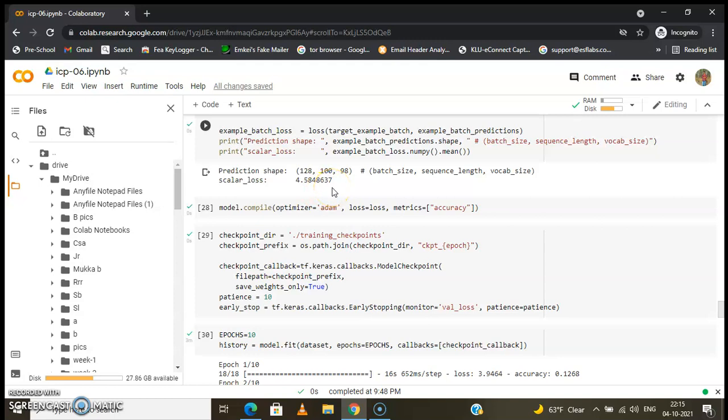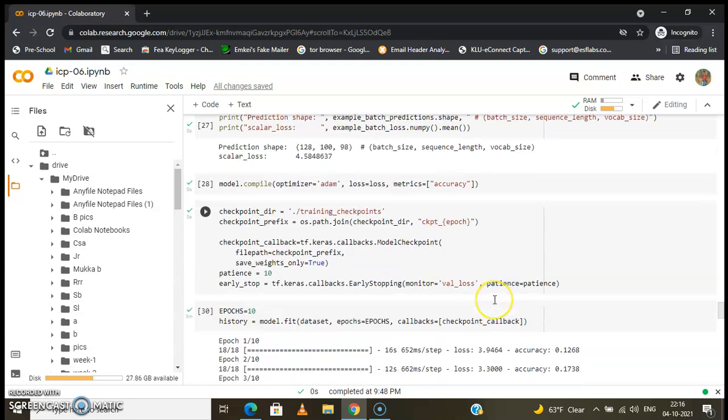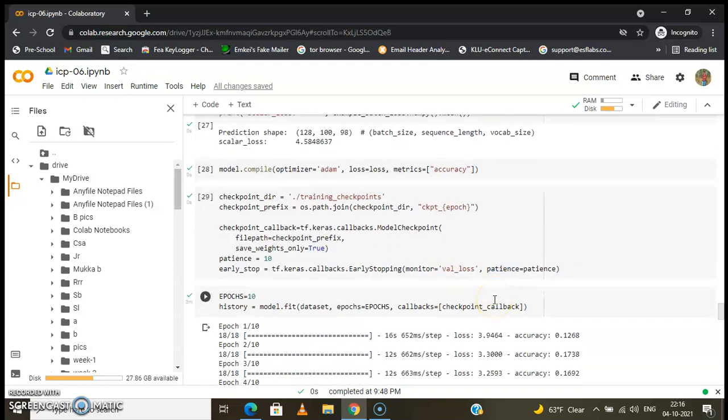Before training, we use an optimizer with the loss we have defined here, and then we have configured the checkpoints that are saved during training. This is the checkpoint directory name we have given, where we are saving the checkpoints on Google Colab.